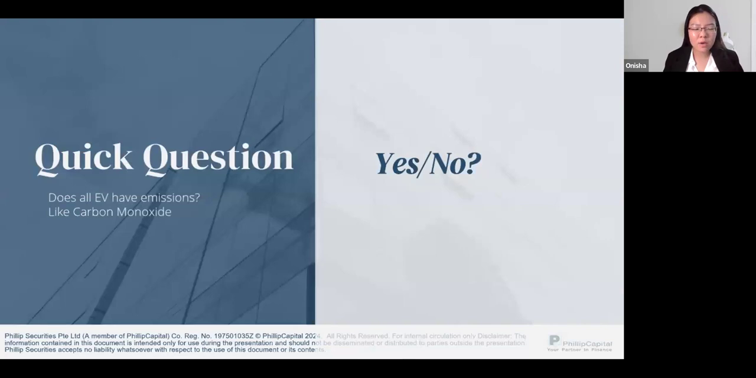A quick question for everyone. Do all EVs actually have emissions, like carbon monoxide? You can type in the chat whether it's a yes or no. So if you believe it is,